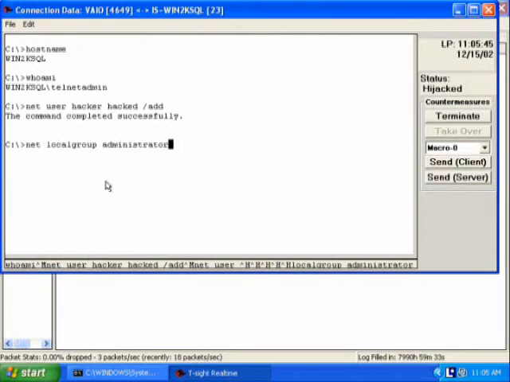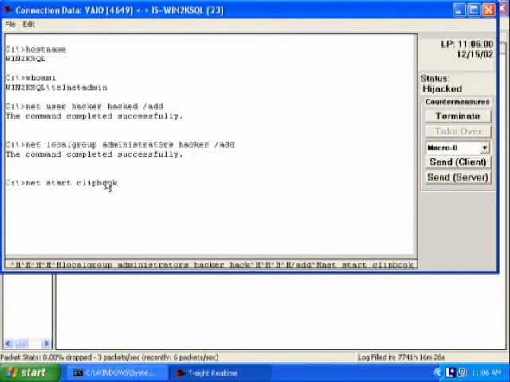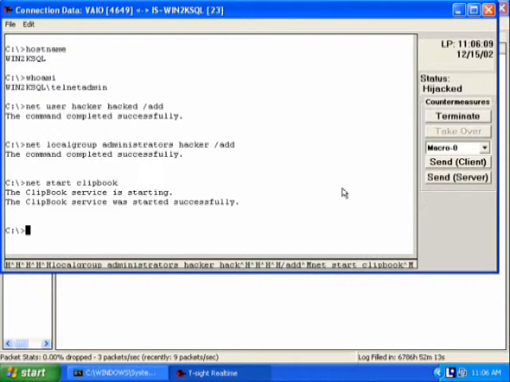And now that was successful. There should be no reason why I can't go in there and re-log on with a new telnet session. Just to show you the power of taking this session over, we're also showing you that we can start services. And it's just something we're going to do to take a look at the server and see if what we actually did has worked. Okay, so now I've clicked on terminate, which means that the victim sees that their connection was lost,